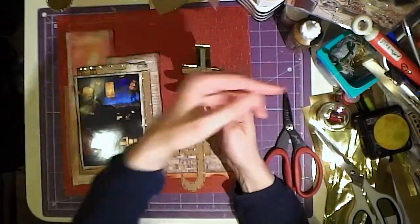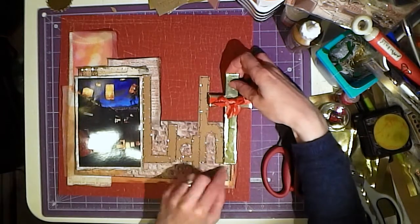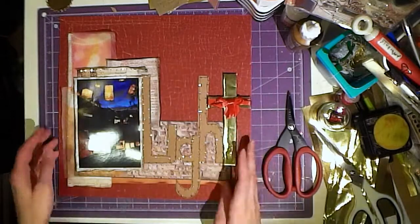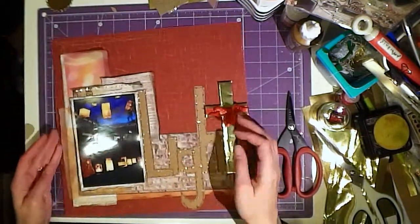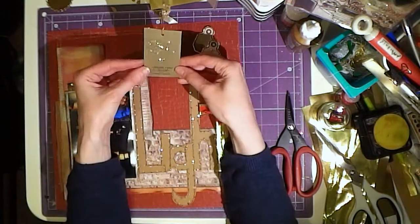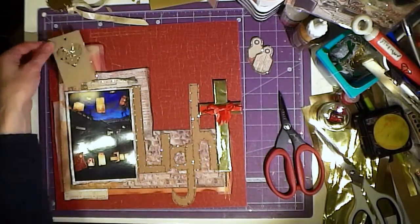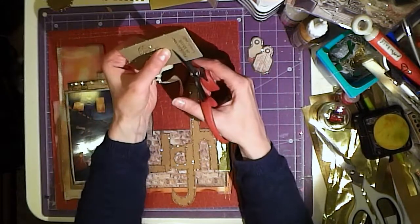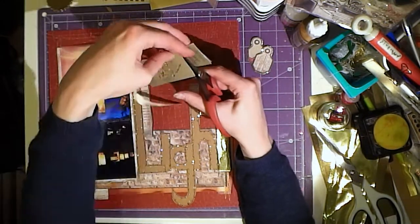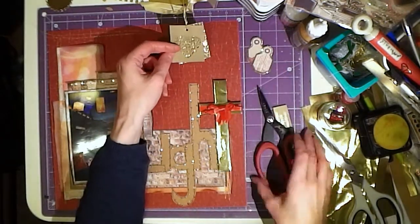So now I'm going to be working on the top right cluster. You briefly saw me already have those tags pulled out, but you didn't see this. This is a piece of packaging that came from a Christmas present one of our neighbours kindly gave, well, it was for my husband. He opened that present, and it was a pear-shaped gold candle, really cute, and it had this tag on it which I whipped off, and I've cut it because I felt that it was just a bit too long to dangle up there,